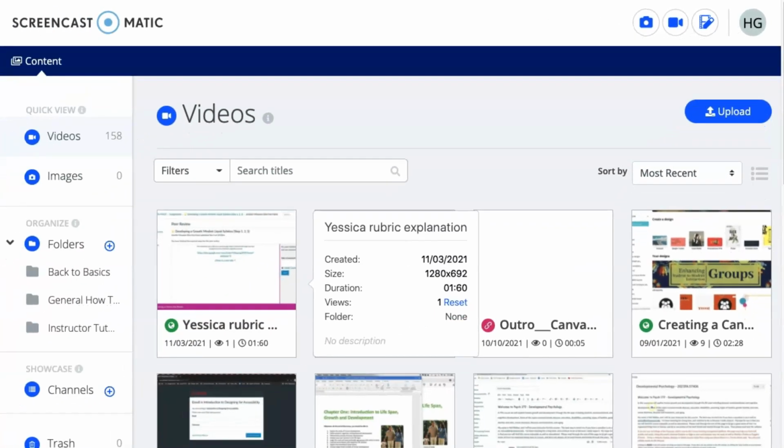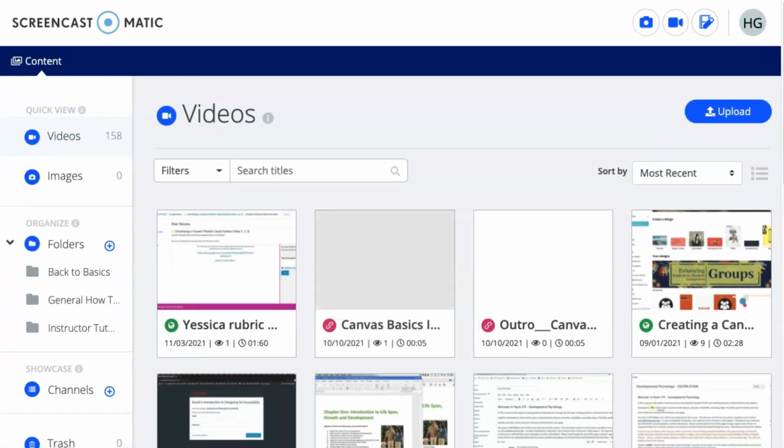The recording application itself is not cloud-based, so the first time you use it, you'll need to download the app to your device. I can't show you that part because it's already installed on my device, but let me describe the steps so you know what to expect. Once you've set up your Screencast-O-Matic account, select the Download Install button that you'll see on your screen. Locate the Install Screencast-O-Matic 2.0.dmg file in your Downloads area or whichever folder your downloads go into. Follow whatever steps you normally take to install an app on your PC or Mac.